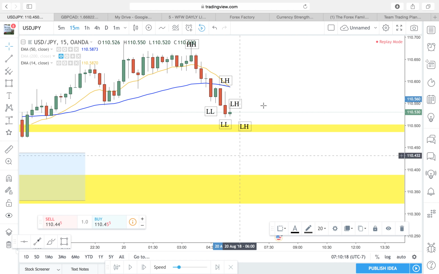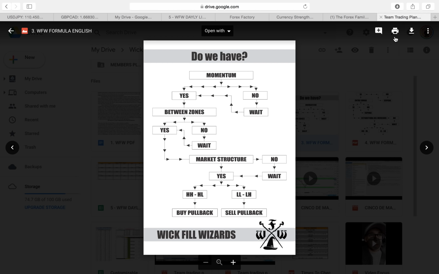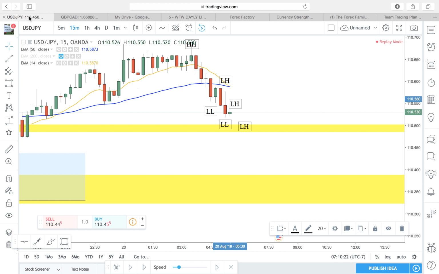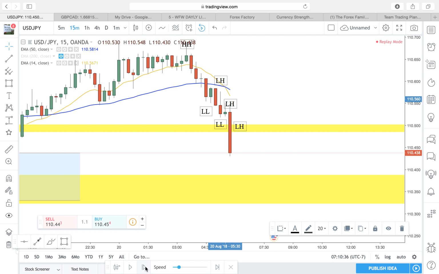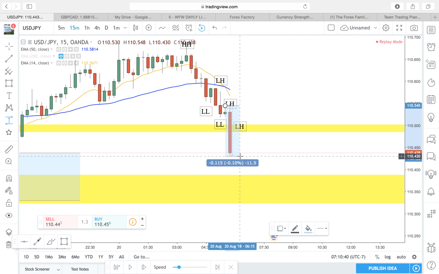Anyways, what do we know? Did we have market structure? Yes. How do we know? Because price was continuing to make lower lows and lower highs. Lower high here, lower low, broke structure, retested structure, another lower high. Let's see what happened. Drop. That drop alone was already like 10 pips. One of our students caught it. He's like, okay, caught my 10 pips, I'm done. It was really awesome.